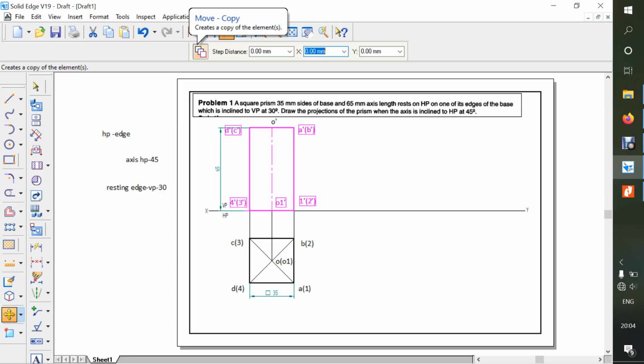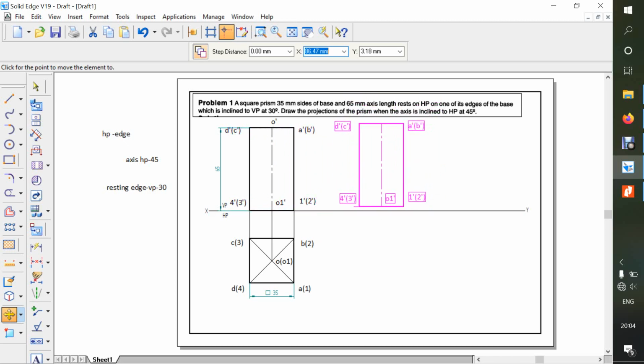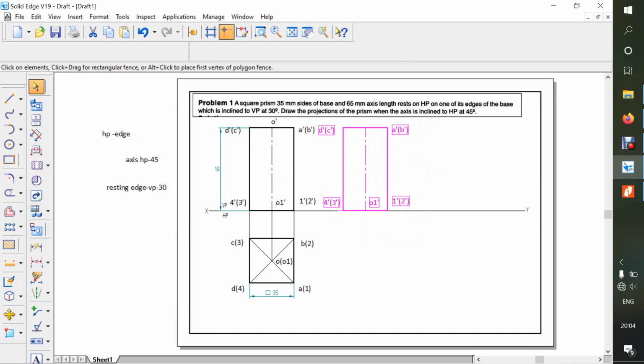Once you click this background, it is a copy and paste, whereas this one is a cut and paste. Now we want to keep the original, so it should be copy paste. Once you click on this, select the corner 1 to 2 exactly, where you can see the magnetic symbol, and just move along the same XY line, place it here, and right click, and let it stay pink itself.